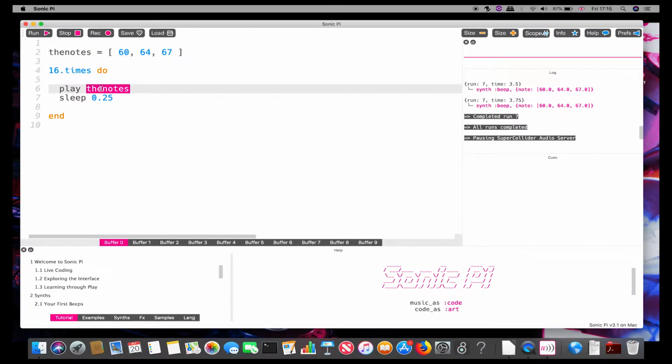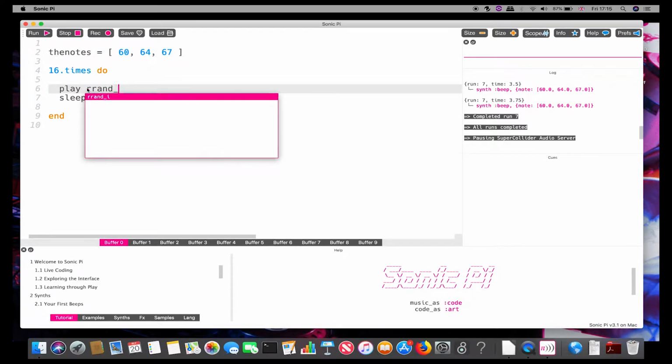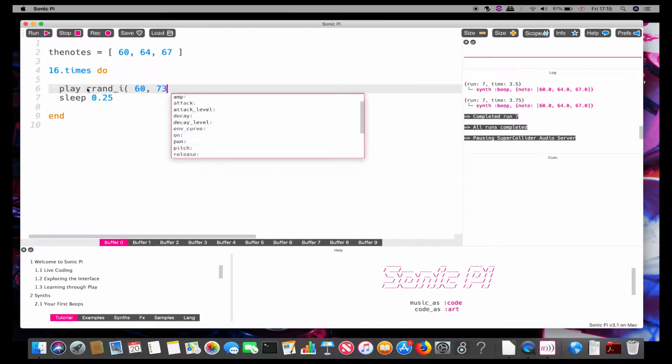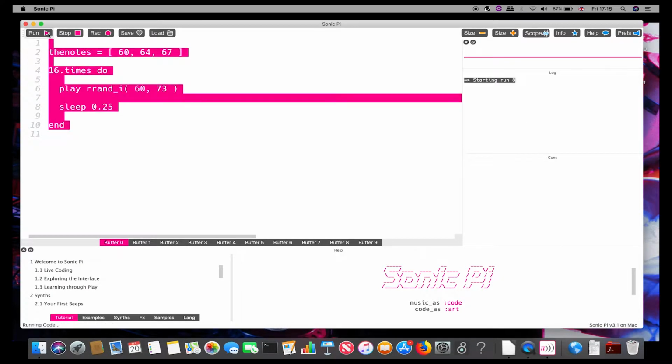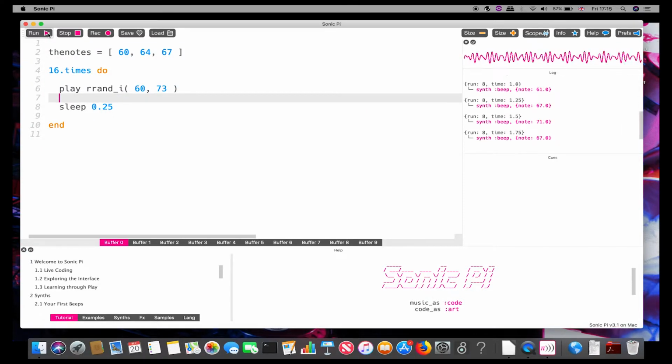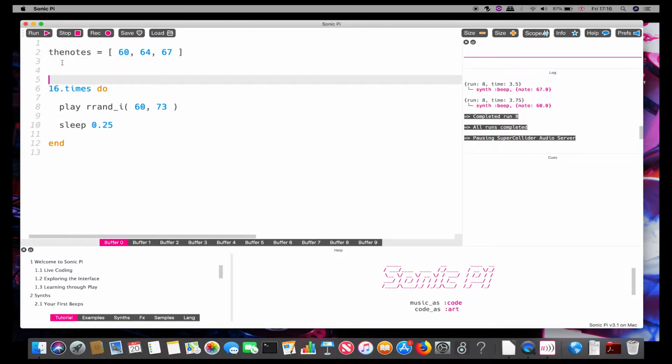Let's just ignore the notes for the minute, and I'm going to say play back somewhere between 60 and 73. I want to include 72. So 60 and 73. Let's play back a random note and see what it sounds like. And because it's playing back from all the possible notes of the 12-note chromatic scale, it sounds not very musical. Maybe it sounds musical in some context, but here I want some simple melodies to come out,